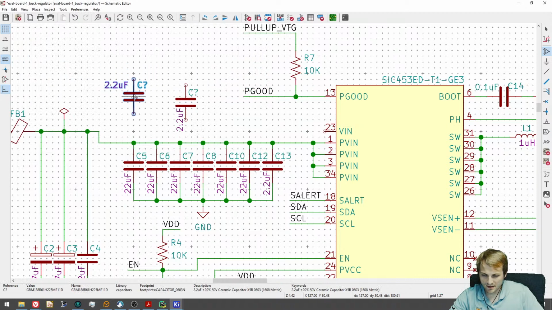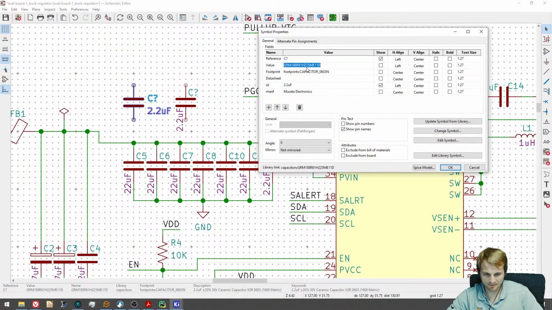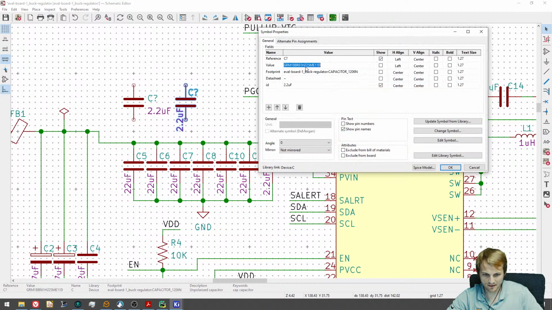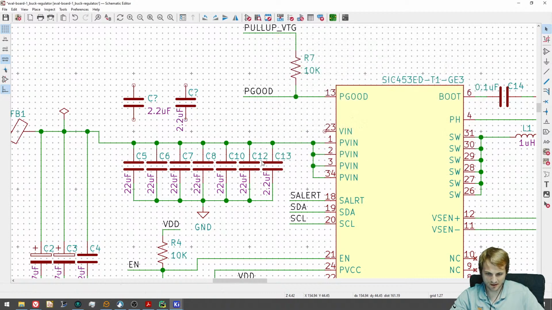So this part, but that's not in the current library. That's in my work library. So what we will do is change. Oh, it was. Okay, so this is supposed to be a 0603. So that means get rid of this. So we should have an 0603 up there. And now we will decouple the